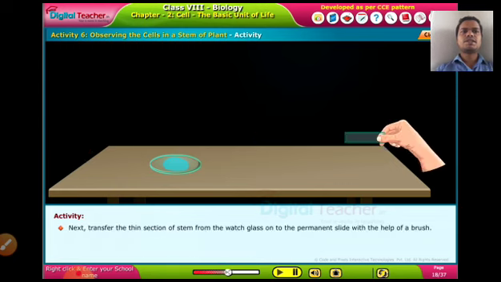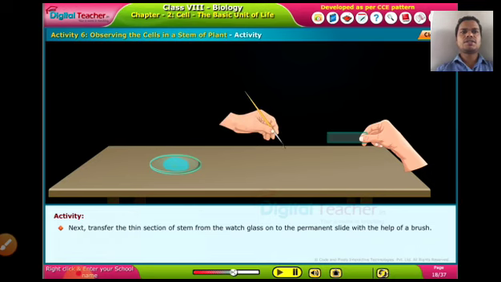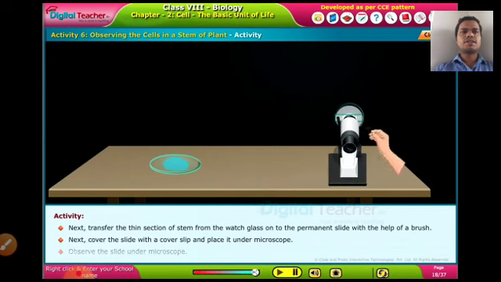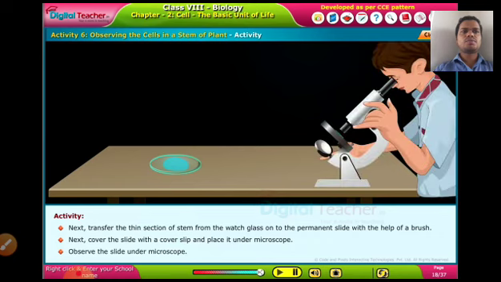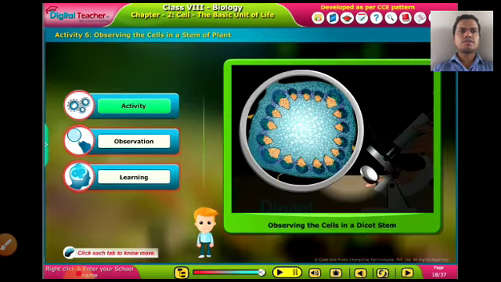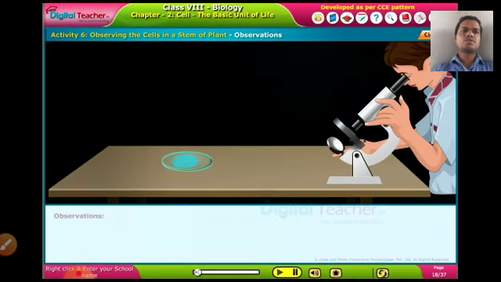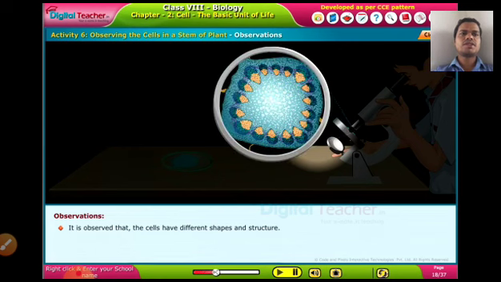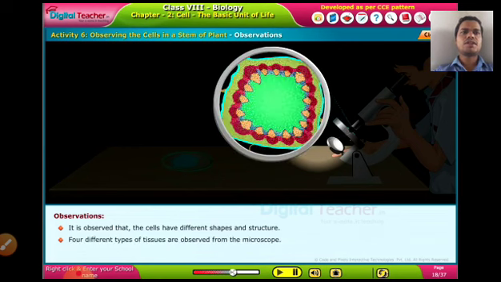Then he is keeping that material inside the water. Then he has taken the slide and carefully with the help of a brush he is placing it on the slide. Then after placing it on the slide, he has poured some water drops, and he has covered it with a cover slip. Then he is observing through the microscope. Whenever he observes with the microscope, there are some special things under the microscope. As you can see here, these cells are visible under the microscope. See the highlighted part. You can also do this activity with the help of a mini microscope.